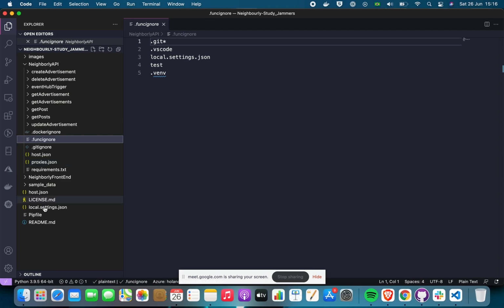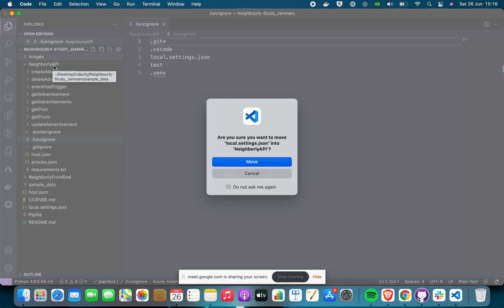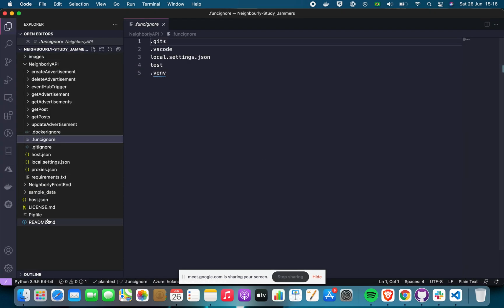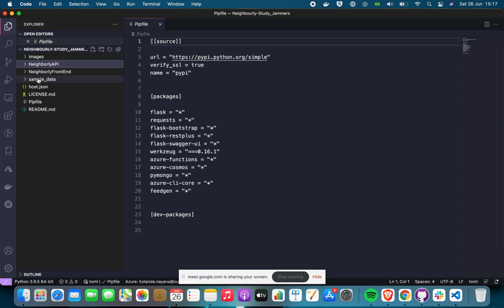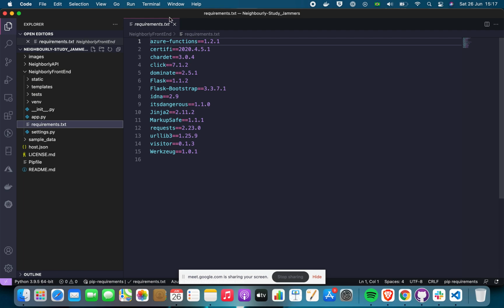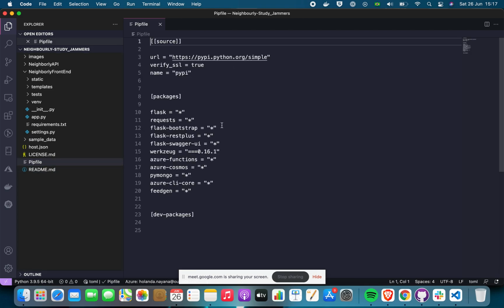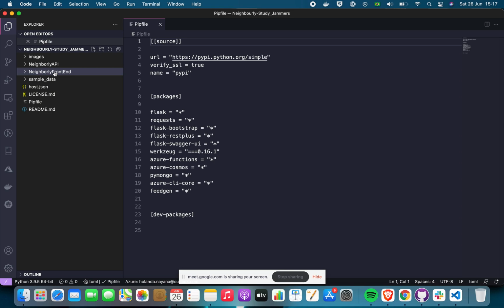So local.settings.json we should move to the NeighbourlyAPI folder, and this Pipfile in here looks similar. Like we also have a requirements text file in here. Oh, sorry, there is a Pipfile. There is a Pipfile in the root,